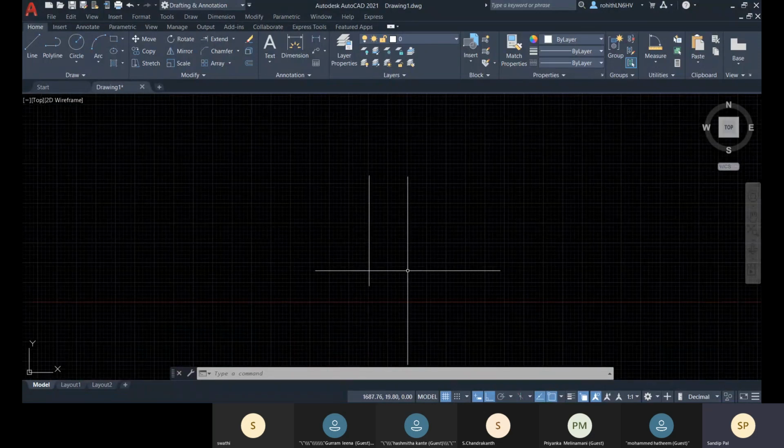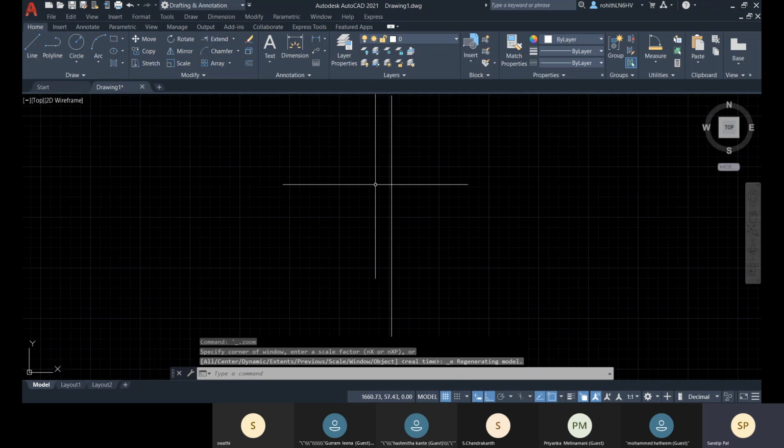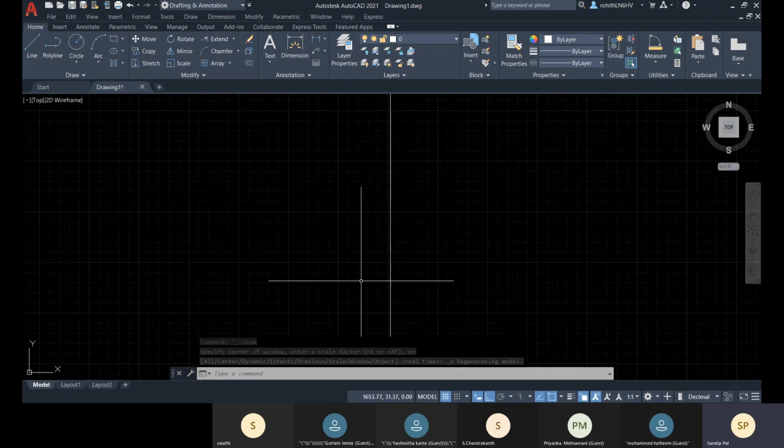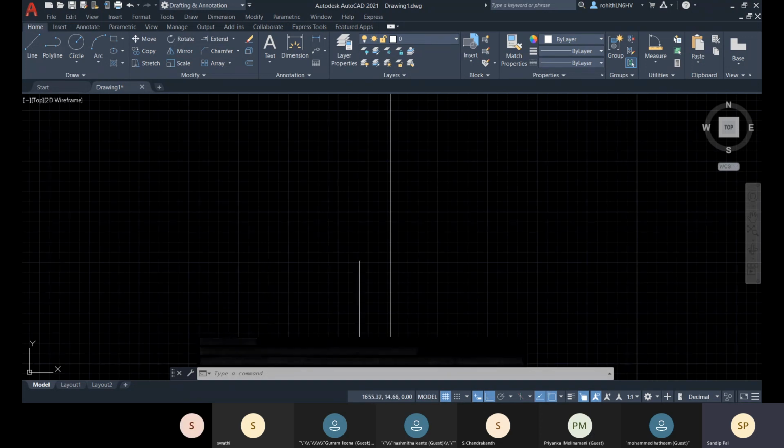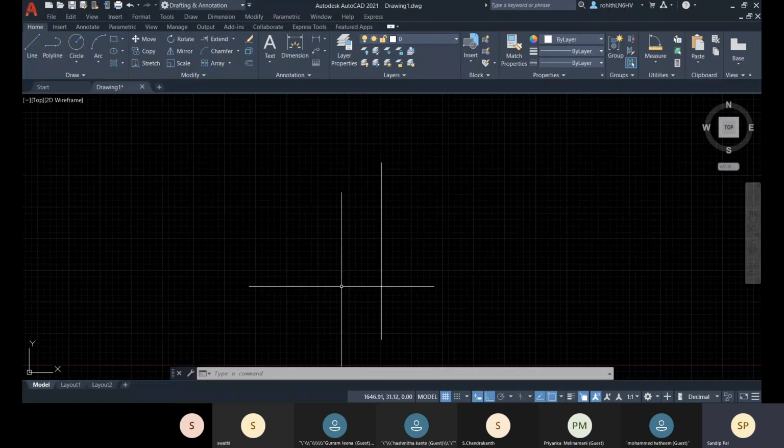That you can do with your mouse middle button, that is your scroll button. With the scroll button you double click, like this, and here you can see that it is zoomed right now. The zoom operation is completed.